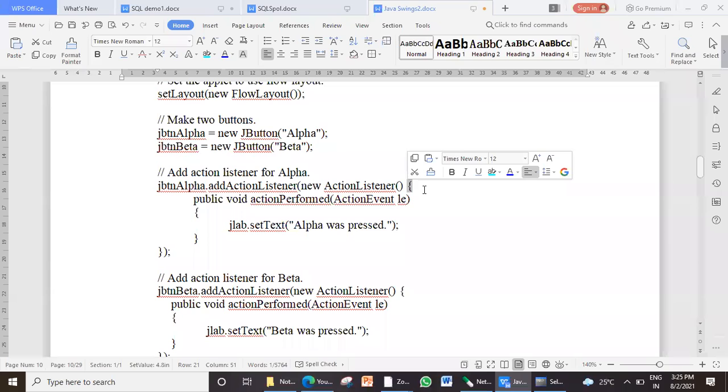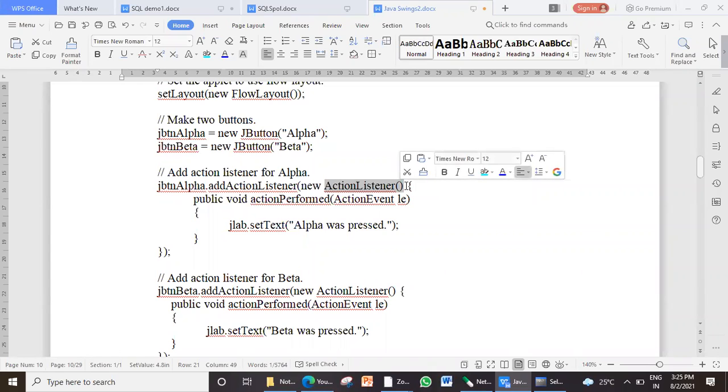Anonymous inner classes are created using the curly brackets. What is the purpose of an anonymous inner class? Their purpose is just to override the methods defined in the corresponding abstract classes or interfaces. Normally, anonymous inner classes are used along with interfaces.